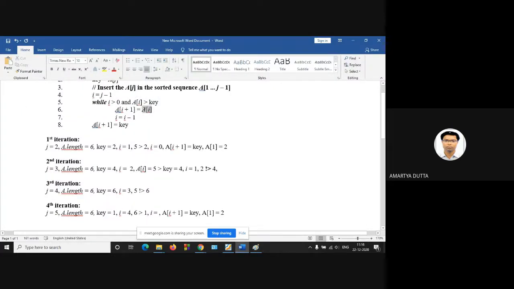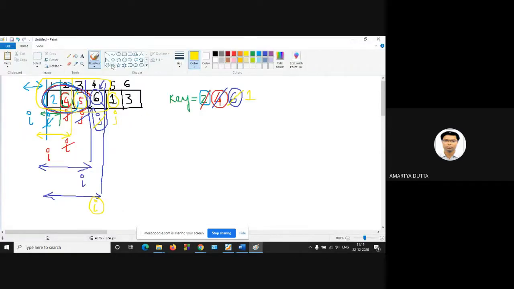Now we have to copy the ith value to the I plus 1th position. So this will be your 6.